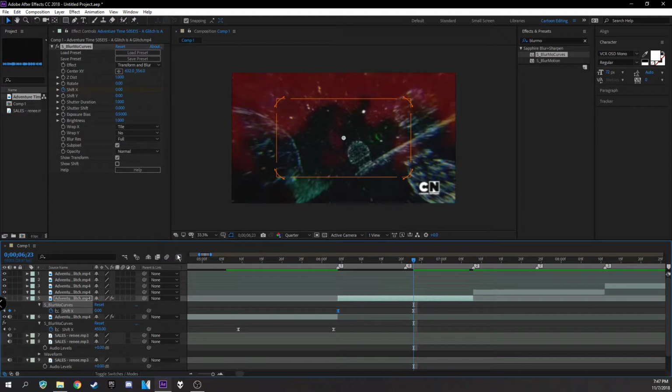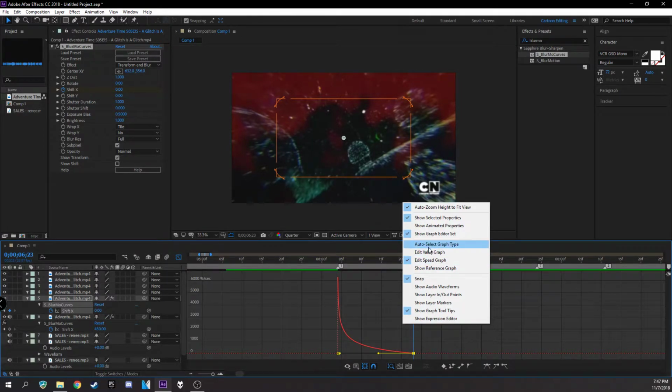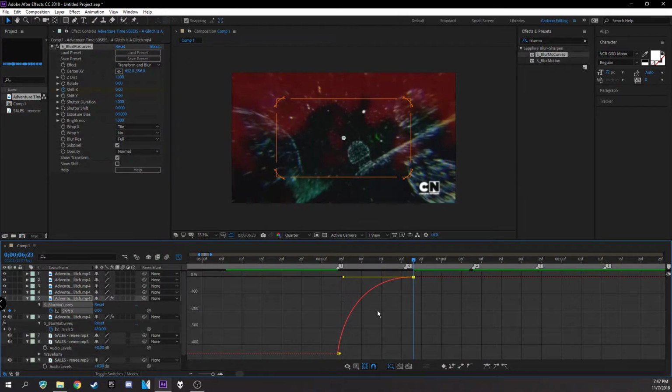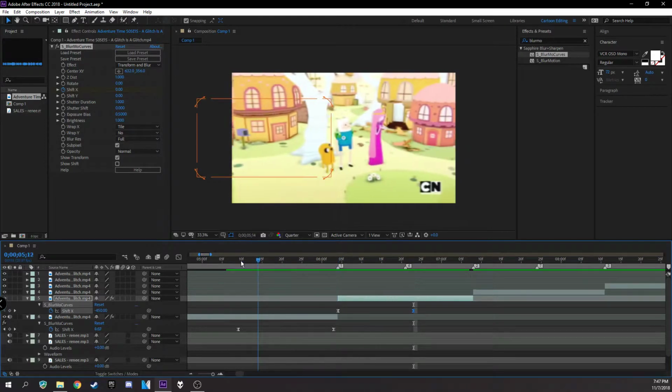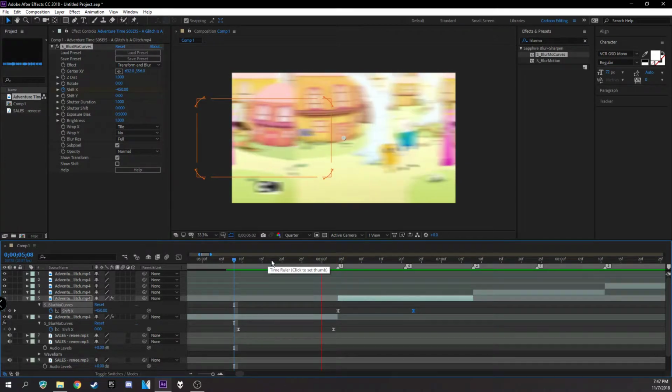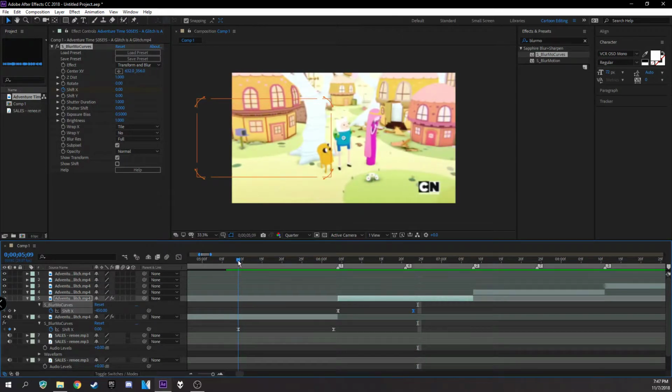Alright, so highlight them, press F9. Same thing as last time. Open your graph editor, except this time you're going to pull these little dots over to the left. I'm going to set this to say 92, doesn't really matter. If you're on the value graph, make it look like that, and you're all good. Now if I watch this back,